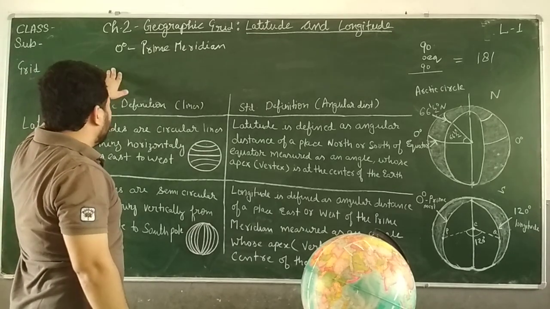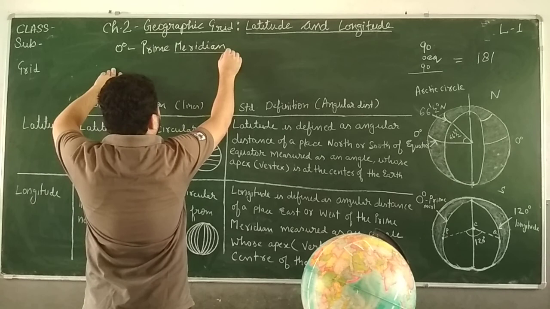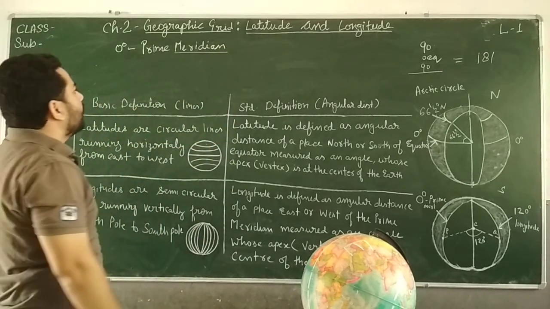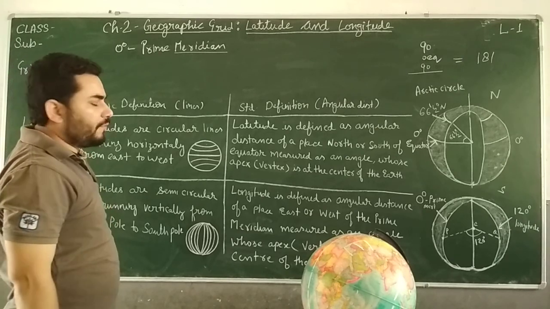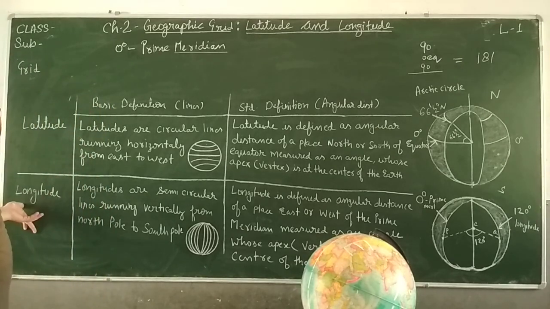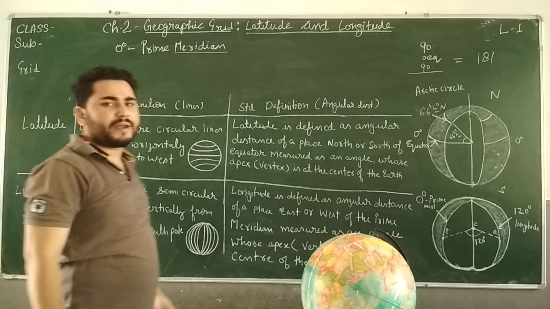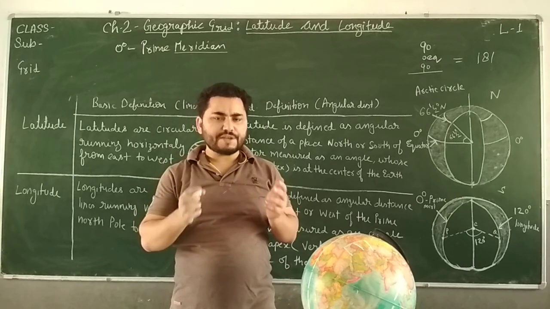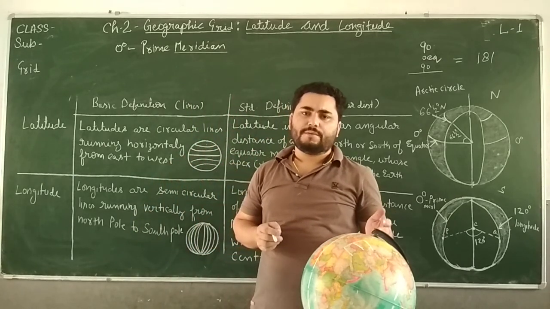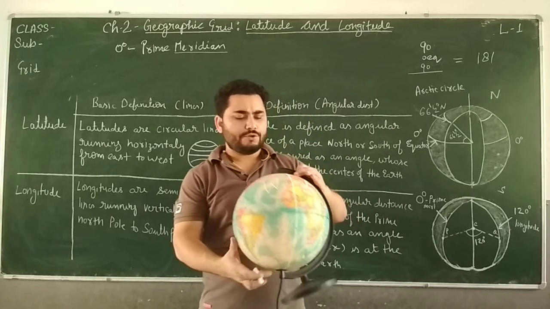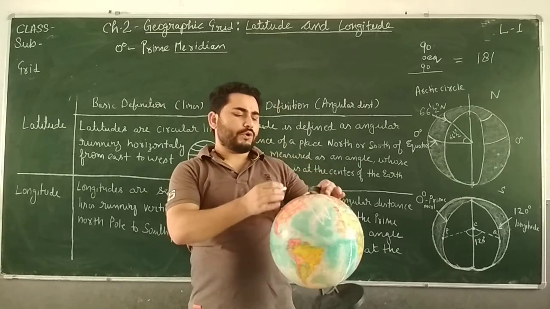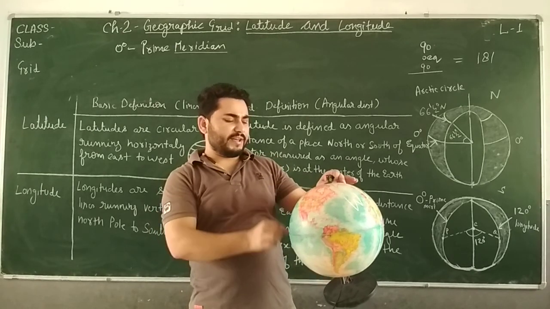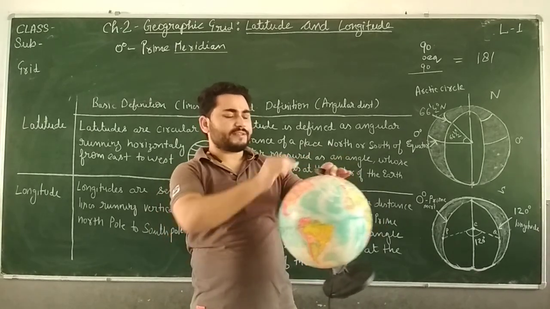Now you will be asking, sir, why do we call it meridian when it is a line of longitude? Why do we not call it prime longitude? What is meridian? We also call lines of longitude meridians. Why meridian? A meridian in geographic terms is a major circle. Major circle means when you join this 0 degree with the diametrically opposite line, 180 degree, then you will get a big circle.